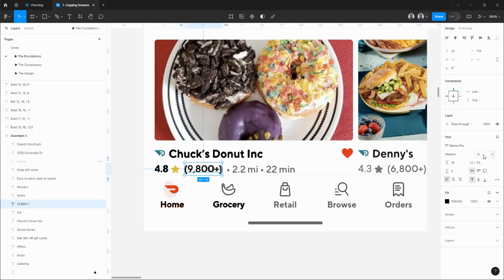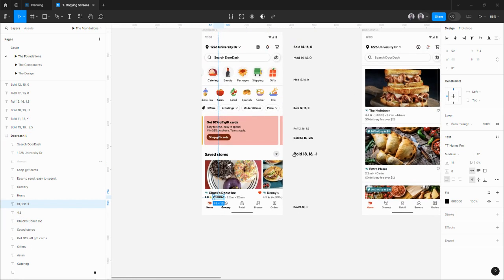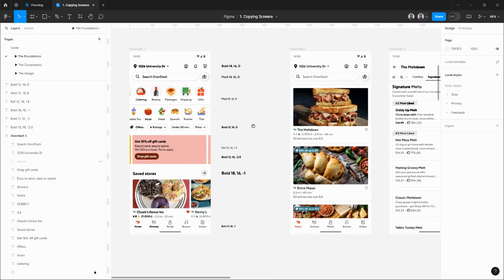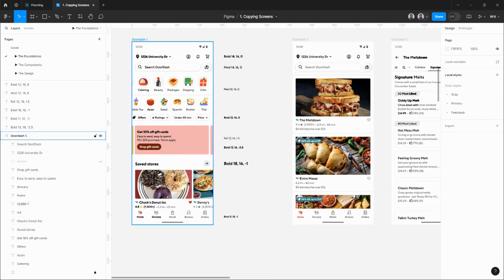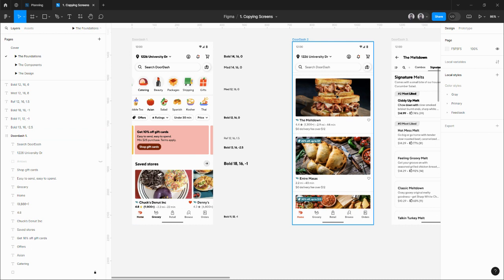So here they are using medium 12, 16. We already have medium 12, 16, 0. So that's why I didn't add it again. So these are the cards, just a bit stretched, the same styling with different images. So we already have these two, so not gonna need them again. We already have these two,